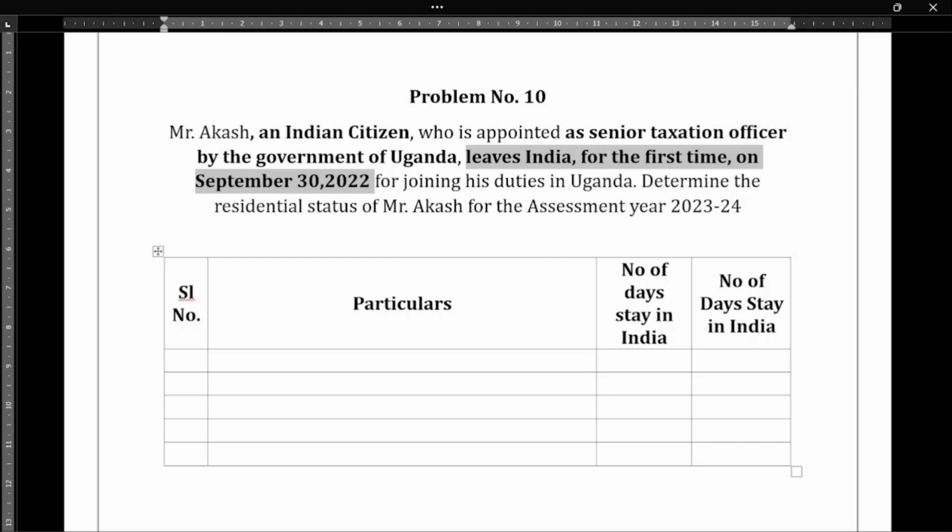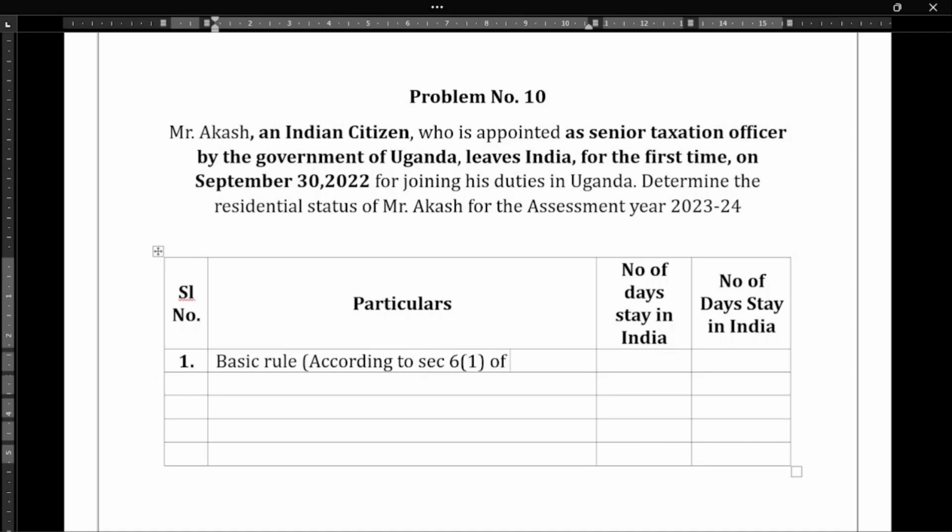Determine the residential status of Mr. Akash for the assessment year 2022-23. So it's a very easy problem. Let us try to solve this problem. It is recommended that you also try solving with me so that you will understand it in an easier way. First, the basic rule, and the basic rule is according to section 6 subsection 1 of